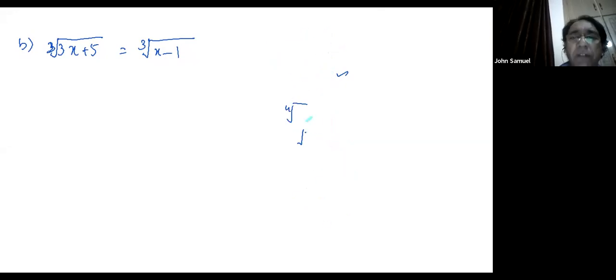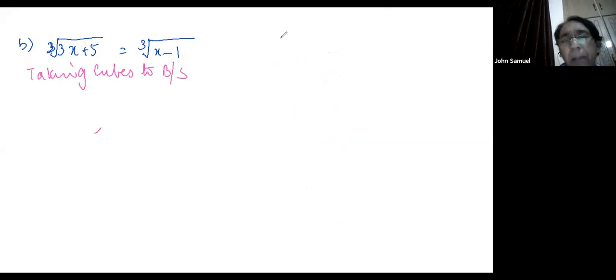Now, so far we have its cube root. So we will find the cube root. So what should we write, my dear student? What we need to write here, we'll write taking cubes to both sides, the opposite of this one. If you remember, I told you, you can even write it in this form, 1 upon 3. And when you take the cube, then you can write this one. Then power will cancel with the power, according to the law of exponent, right?